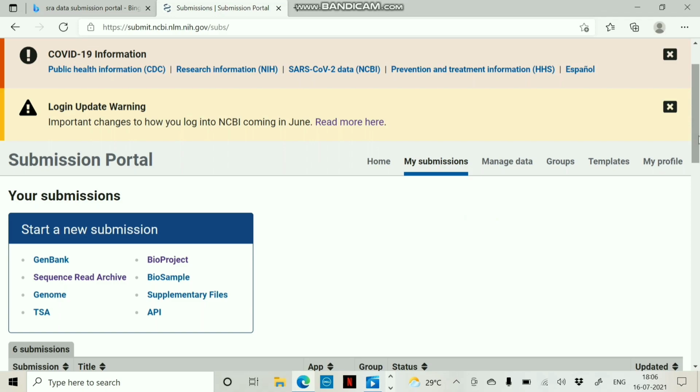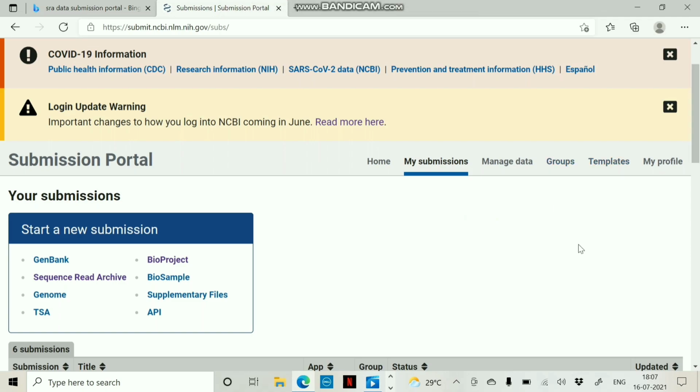Proceeding with the submission, knowing the requirements, coming back to the submission portal. Here, registering project and biological samples at the NCBI as a BioProject and the BioSample database is a prerequisite for any public SRA submissions. So as we know, BioProject is the description of the research project, and BioSample holds the nature of the biological samples. So in BioSample, in case of a submission of more samples, say for example, more than 100, we have to create multiple submissions within the same BioProject references.